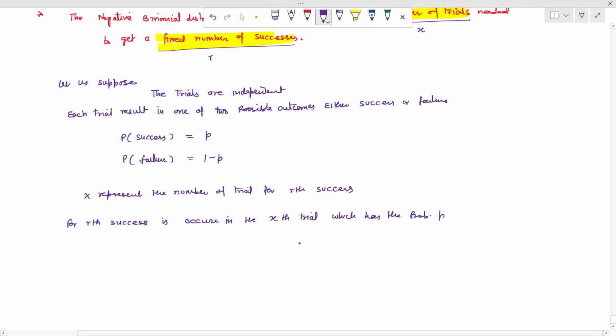Probability of success we assume as p. So we can say that in a sequence of independent trials,